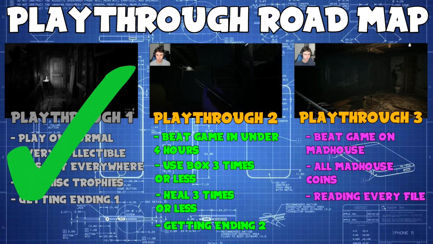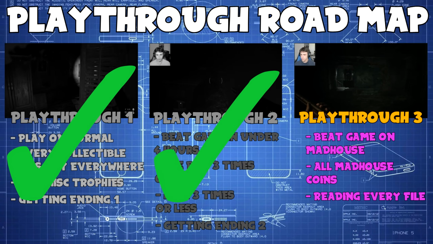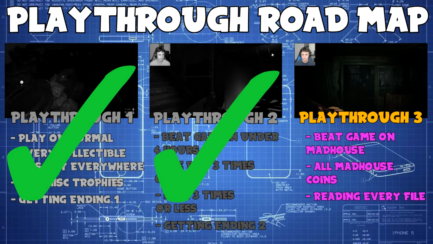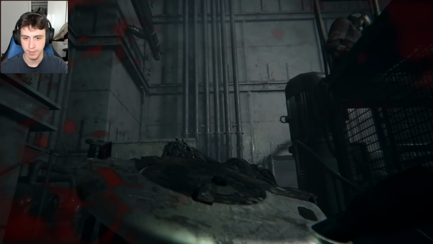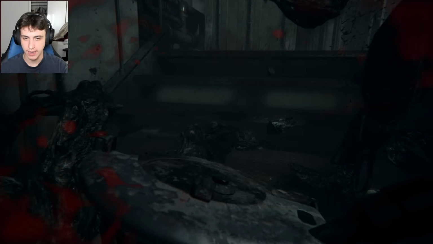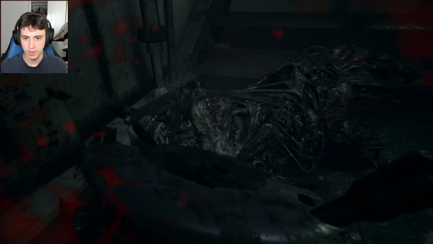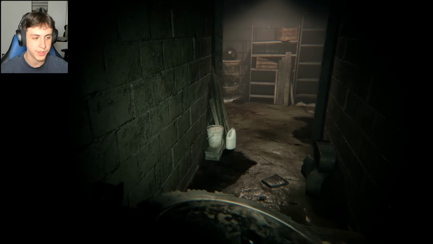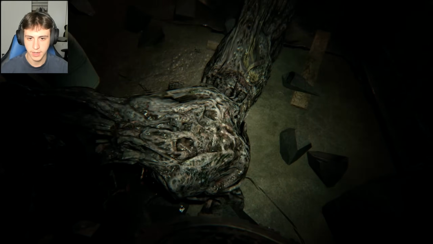And now it was time for playthrough number 3, the last playthrough, and for this I had to play on the hardest difficulty, Madhouse, as well as collect all of the Madhouse coins and all of the files. The reason I decided to do the speedrun first before playing on Madhouse was because the reward you get was this buzzsaw melee weapon that absolutely melted through all of the molded in the game and was obviously unlimited use. This helped me easily breeze by every enemy that was in Jack's house, the old house with Marguerite, as well as